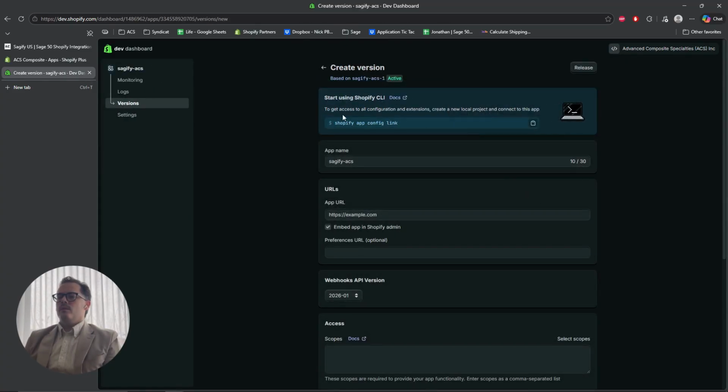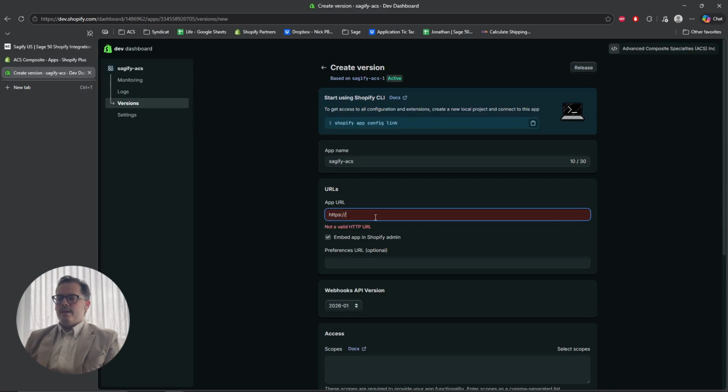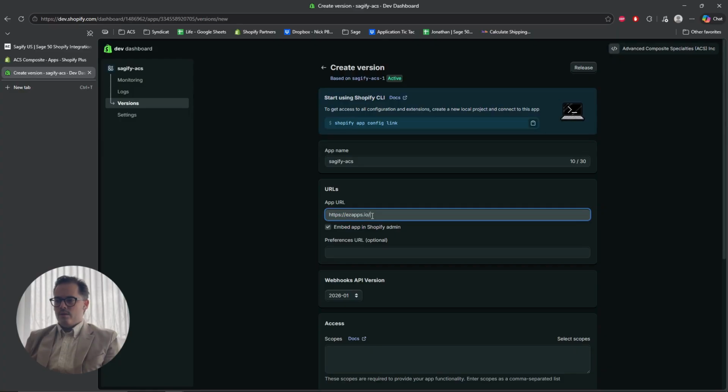And now we're in this create version screen. The first thing we're going to want to do is erase example.com, but we'll keep the https:// and we're going to write easyapps.io/api/shopify/auth/install. Now these values are all going to be posted below in the description, and if you're in our help docs watching this, you'll also be able to copy these values easier so you don't have to really type it out. You want to uncheck embed app in Shopify admin,